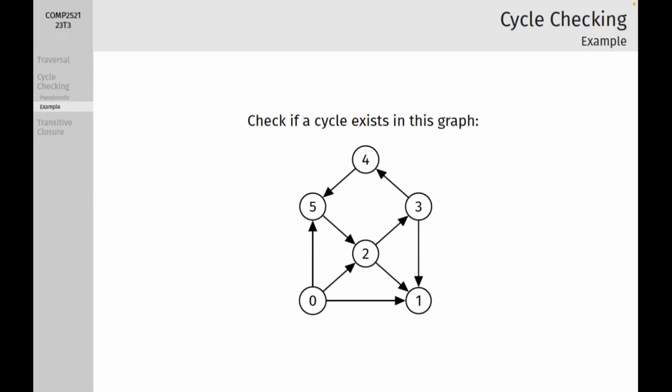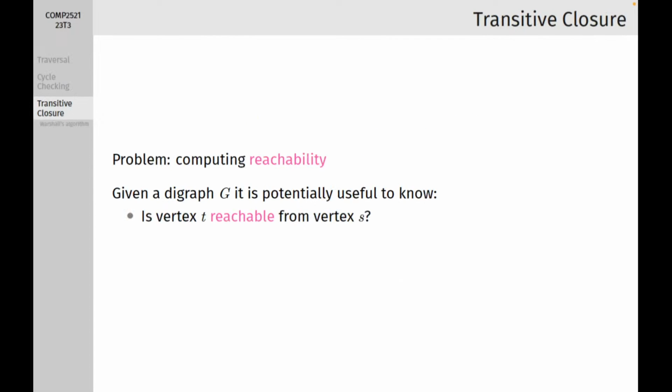Okay, so that's cycle checking. All right, so one more algorithm on directed graphs that I want to look at is related to transitive closure or reachability. One common problem that you might get is to know whether one vertex is reachable from